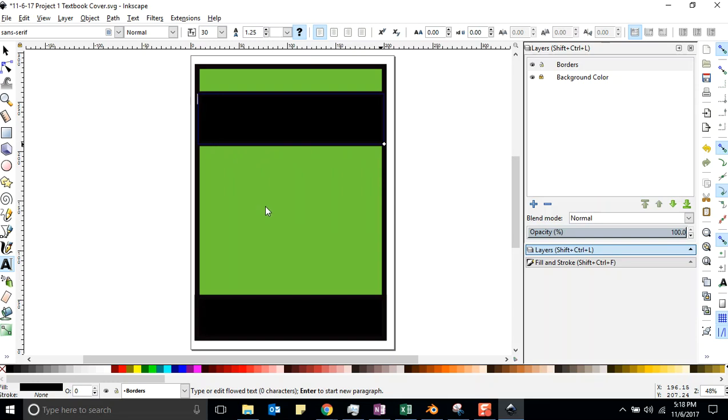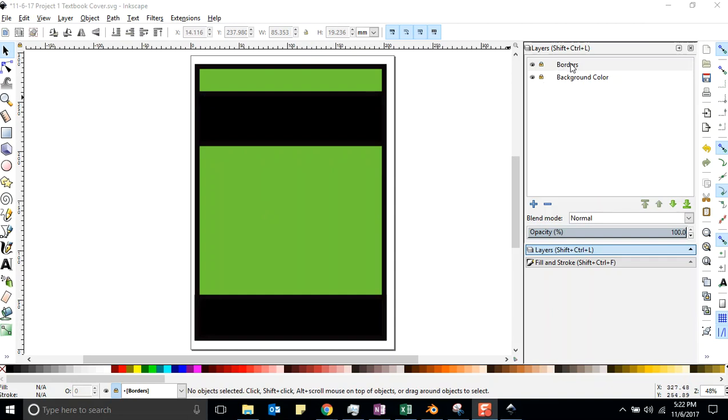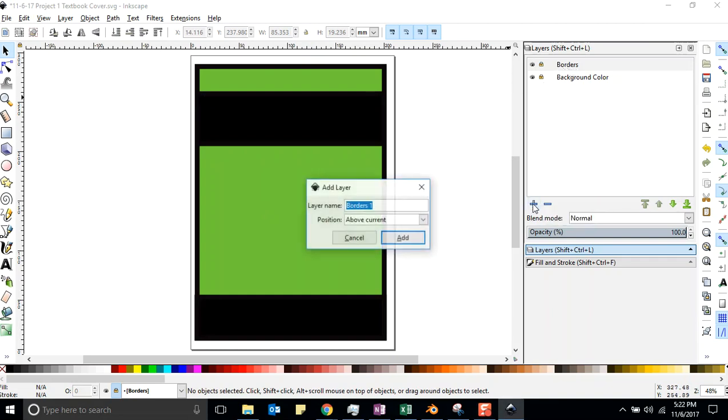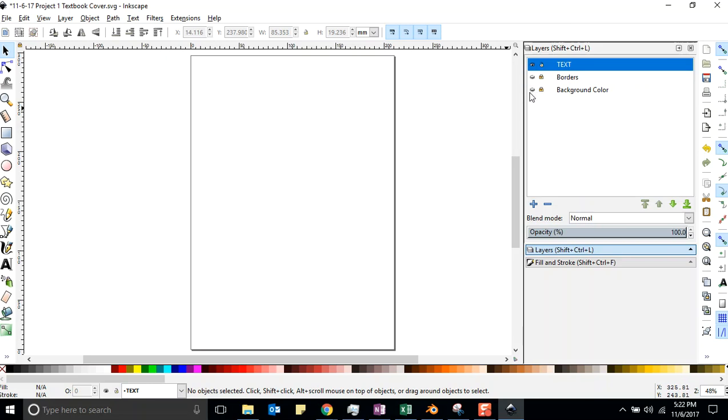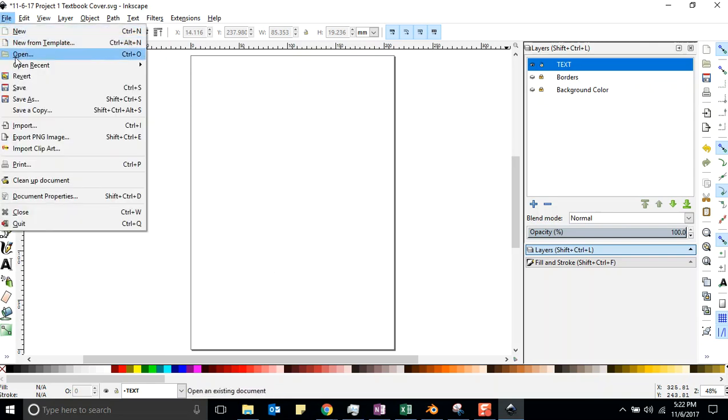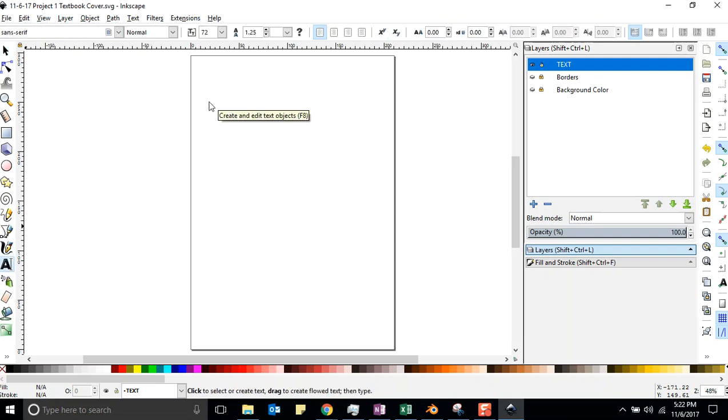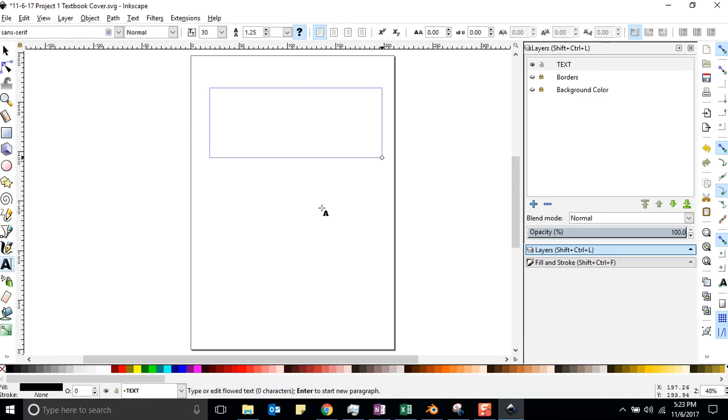Okay, I'm going to start typing now. This textbook is going to be about frogs. Just bear with me as sometimes when I make a video, the text tool doesn't work very well for me. So I'm just going to type this layer as text and add it there. I've locked my other layers and I'm actually going to hide them right now so that I can see what I'm doing really well. And I'm going to click on the text tool, press save if you're having issues like me, and I'm just going to drag, start typing,